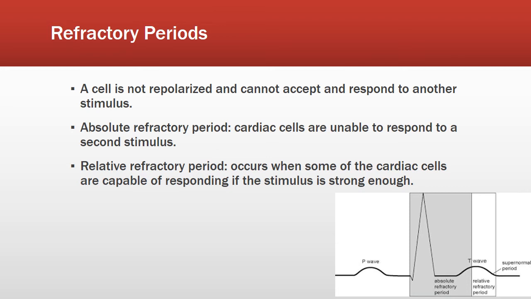So that is, if you look at the diagram on the bottom right, you'll see it's the beginning of the QRS to the middle of the T wave. That is considered to be the absolute refractory period. In the relative refractory period, it occurs when some of the cardiac cells are capable of responding if the stimulus is strong enough, but the response may be abnormal, which means the R on T phenomenon,